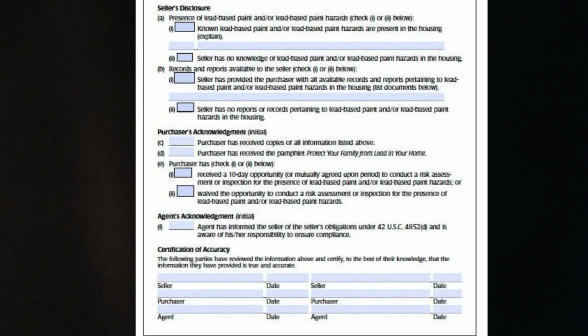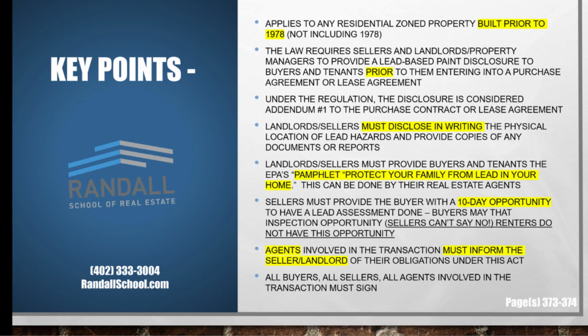So what is the seller's responsibility? Well, as we talked about, the seller is required to provide the lead-based paint disclosure. They're required to provide any known location, the physical location, of any lead hazards. And they also are responsible to provide any kind of documentation, such as reports and those types of things related to lead-based paint, whether there was lead-based paint that was detected or not. Again, those negative test results must still be provided to a tenant or a buyer. That is the seller or the landlord's obligation. And as agents, we have an obligation under the law to inform them of that obligation.